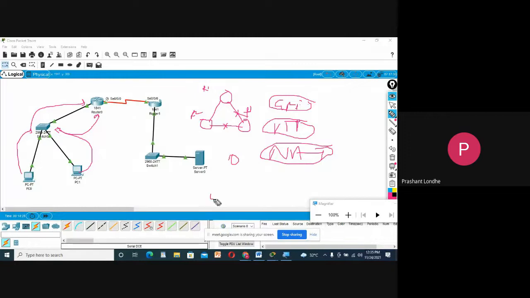So our diagram will look like this: R1, R2, and R3. Still, we are able to have the connection between R2 and R3 with the help of R1, but the message physically will not go to R1. It will go virtually.